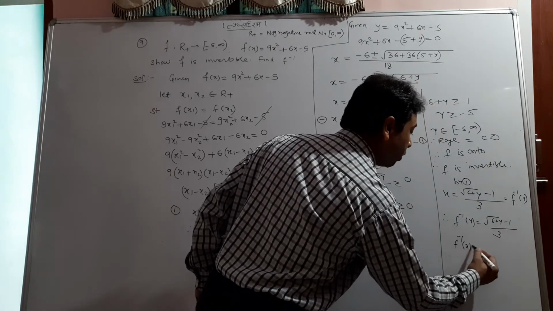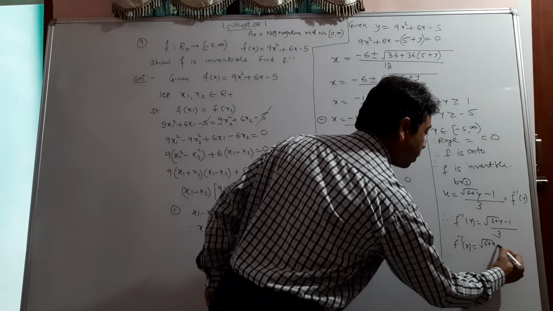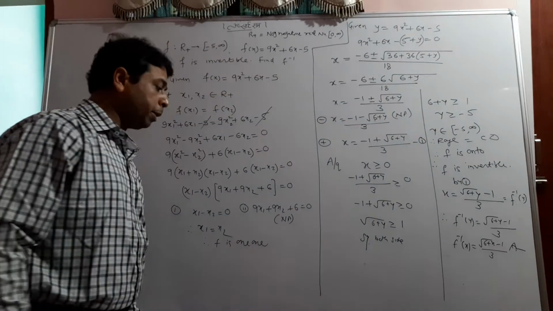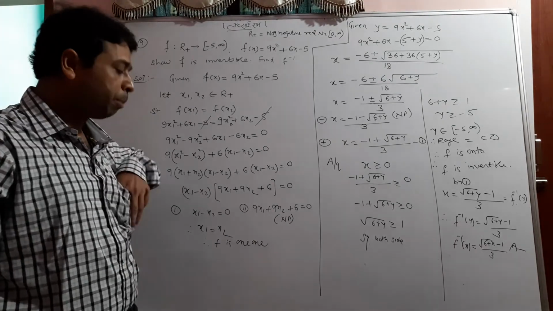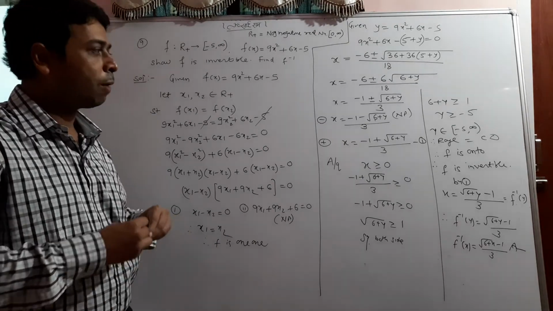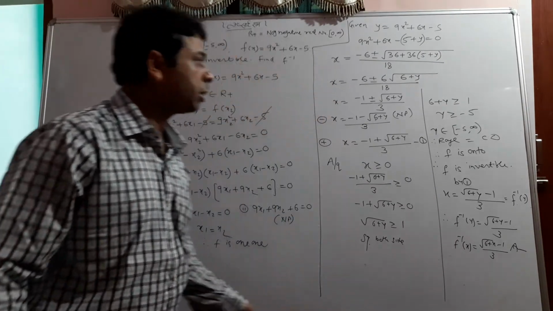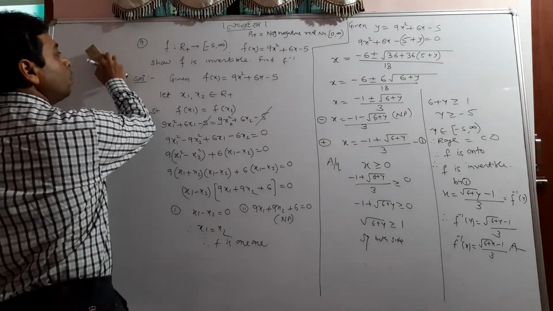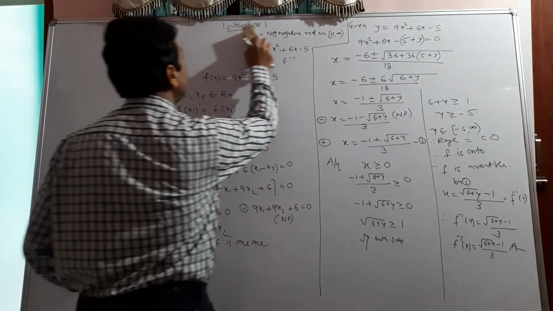Ultimately you must change it in the form of x. It is 6 plus (x minus 1) upon 3. And that's the answer. So I hope, students, you got it. Please do practice for that, because it is a bit tough one, but after doing the practice you can get it easily. And if you still have a doubt, you can consult with me. So let me rub this, and you can please copy this question in your notebook.